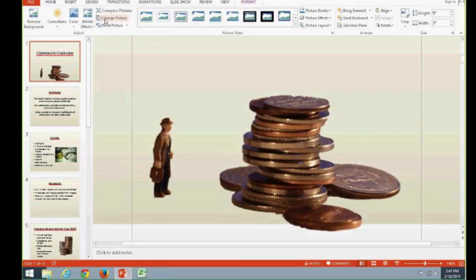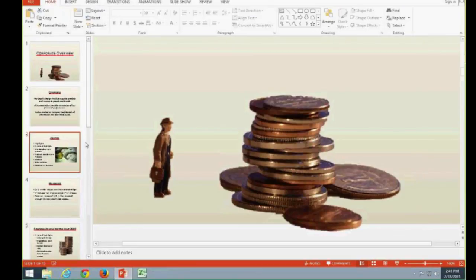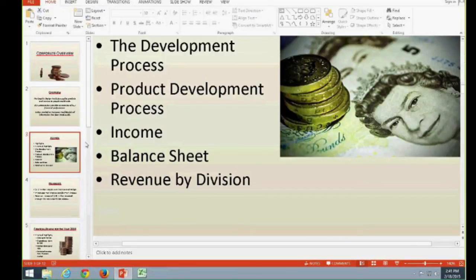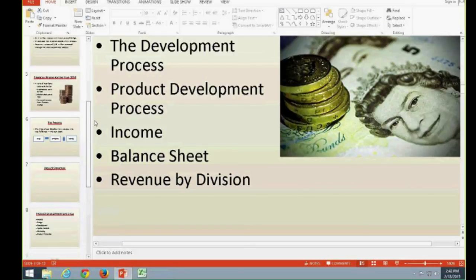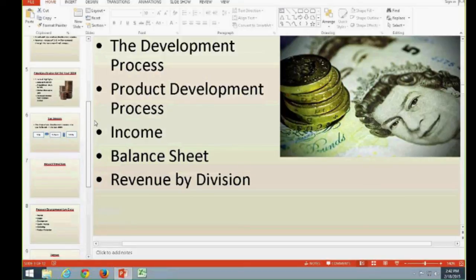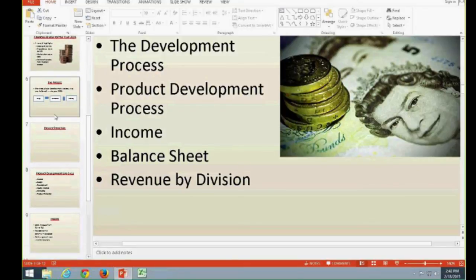Yeah, it just saves me a little bit of time, so I don't have to jump back and forth to another program as well. Now, I'm going to go down a little further in the presentation, okay, let's look at slide 6 here. And yes, I want to fit this on the screen so I can see this a little bit better. So don't forget there's the Fit Slide to Current Window button, bottom right corner, and now I can see the